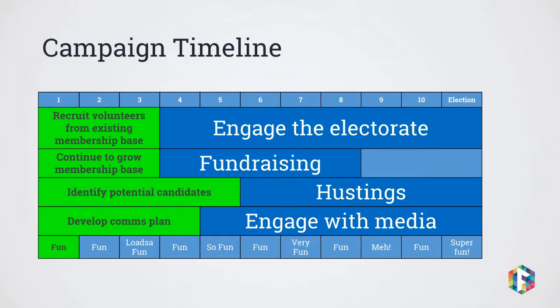Now, in terms of a timeline for a campaign, the minimum amount of time we would need to run any type of campaign is about 10 to 12 weeks. This slide just gives a very general overview of the things that you focus on at different times of the campaign. Up front, it's very important for us to start bringing volunteers on board from the membership base. So we have to reach out to our members and try and bring people on as volunteers and start giving people tasks and finding out what it is they can offer and contribute and how they can help out.